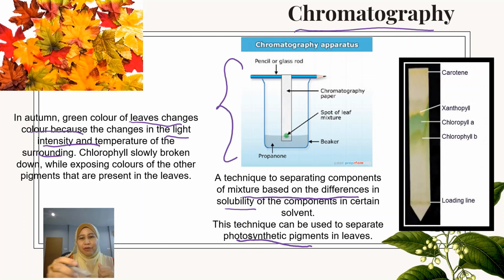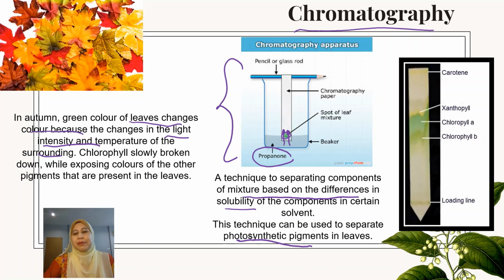So if you look at this diagram, the solvent that we use is actually propanone. Okay, so we take the spot of the leaf mixture here. And then this propanone will diffuse the pigment from the leaf going up, and the distance the pigment goes up depends on its solubility in the propanone.